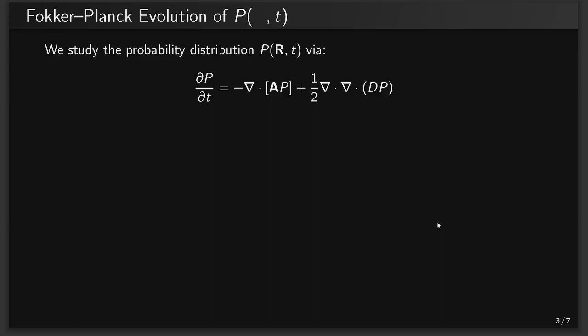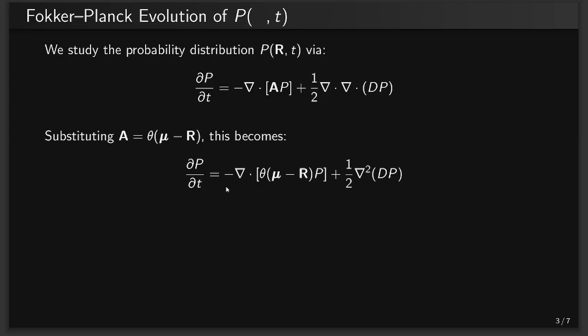So here's our structure. This is a very familiar equation in statistical mechanics, which is the probability distribution with respect to time with these divergence expressions. And so we have the double divergence here that just turns out to be a Laplacian. But let's substitute in A, and we'll get this structure here. And what you'll notice is that this